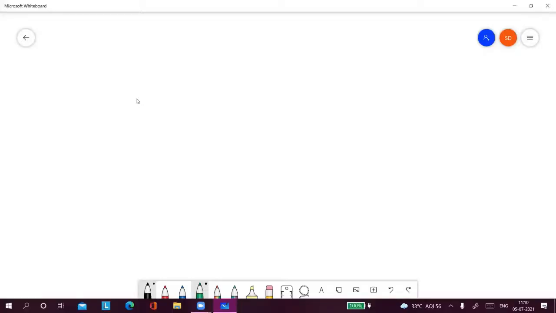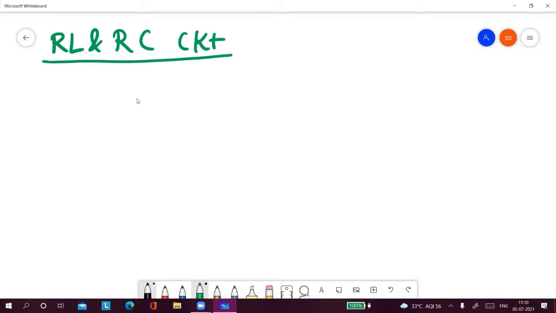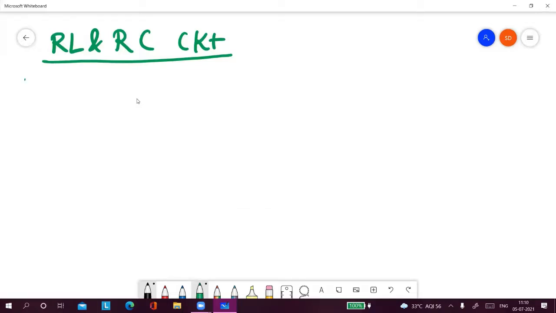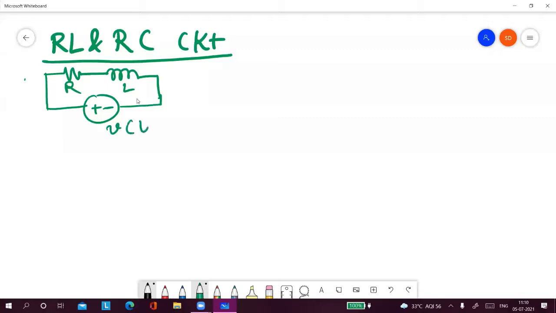Know the transient response of RL and RC circuits using SPICE. We are already familiar with RL and RC circuits. Say we have an RL circuit, which is excited by a voltage V(t),